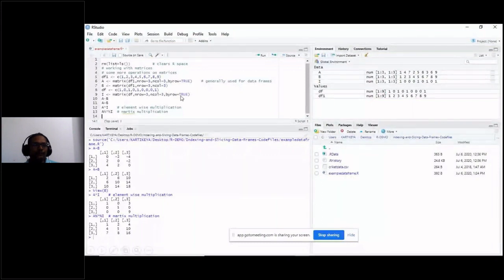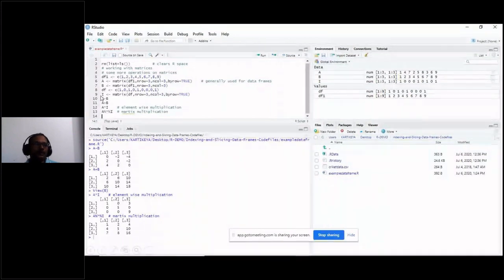Why go for by row? Because 101 010 001 are the values for your identity matrix. So I write by row equal to TRUE, then it will form the identity matrix I. From this vector you have converted the vector into a matrix.